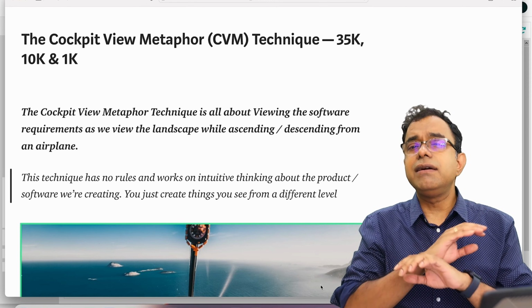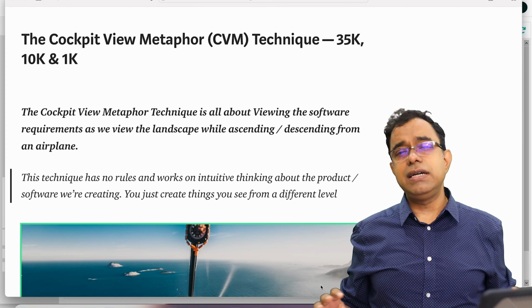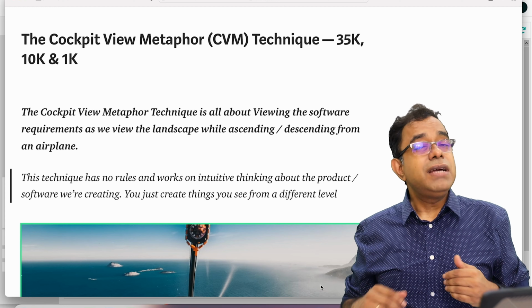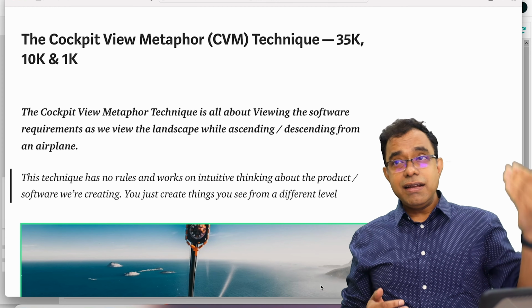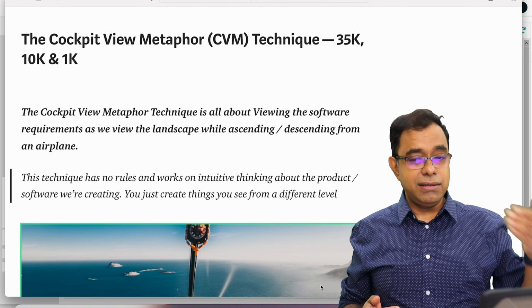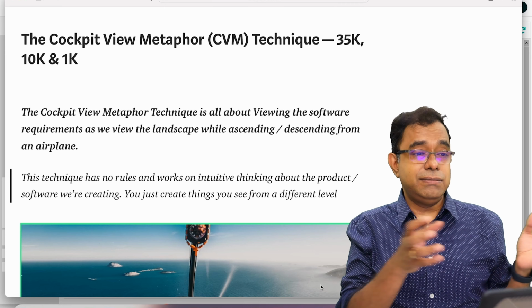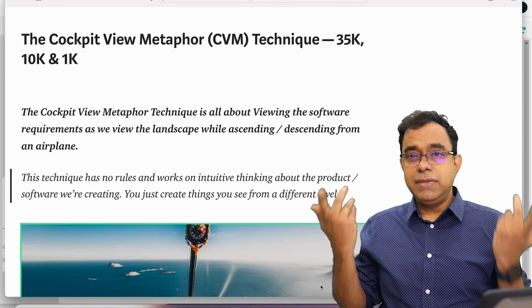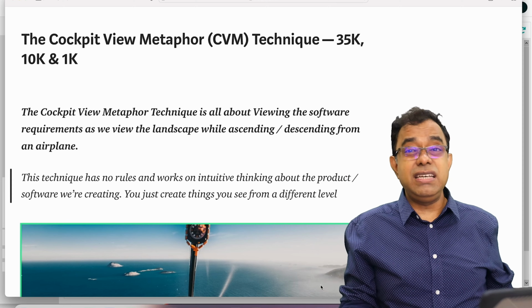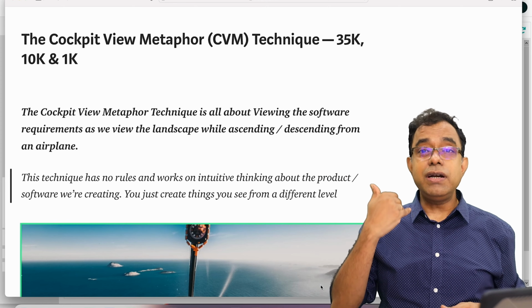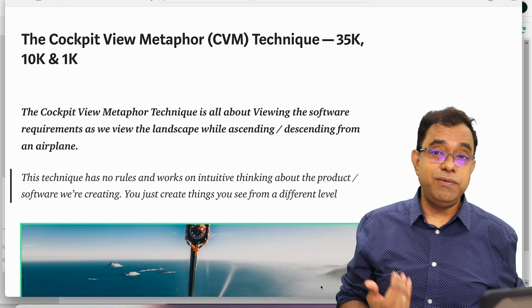Yes, you heard it right. There are no rules. You can depict as you want. At 35K feet, if you see something down and it looks to you like land, that is land. If it looks to you like sea, that's sea. This is what you perceive; your output will be that.